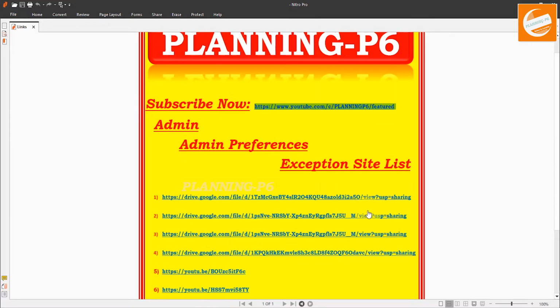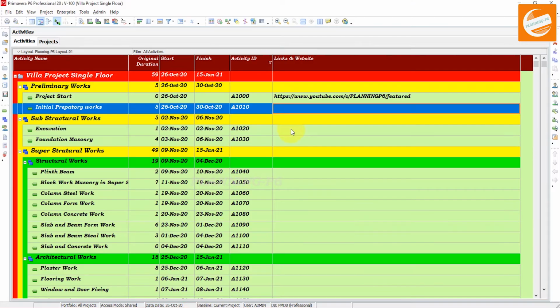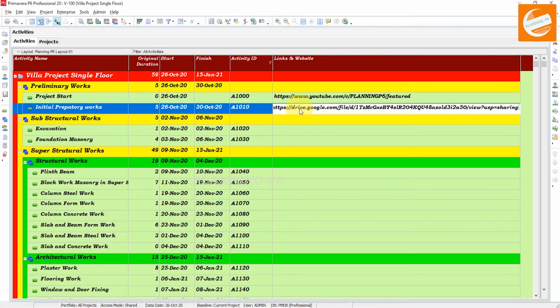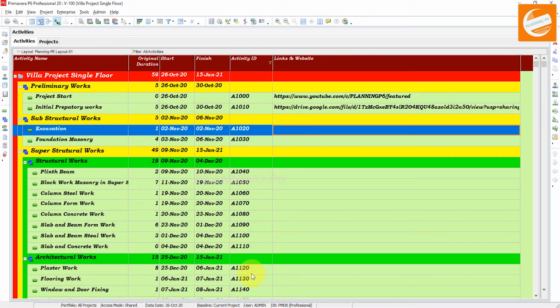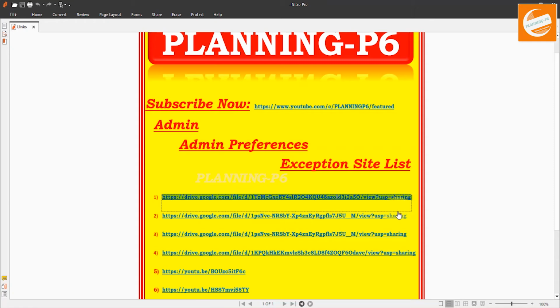Then we will paste the second link, which is Google Drive, Control C, and paste here with Control V, and then you can assign the links to all of the activities.